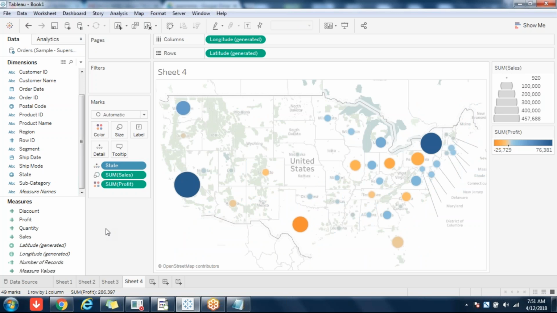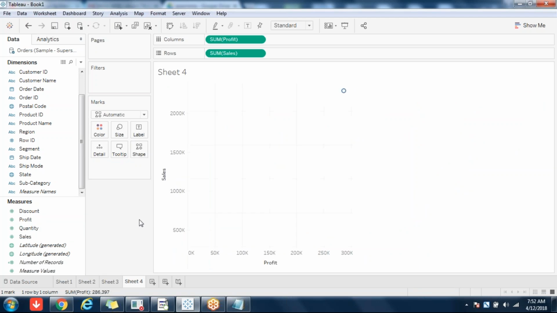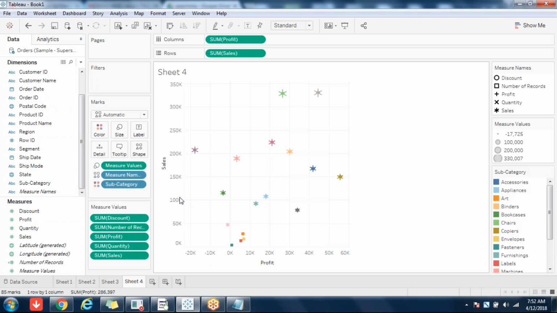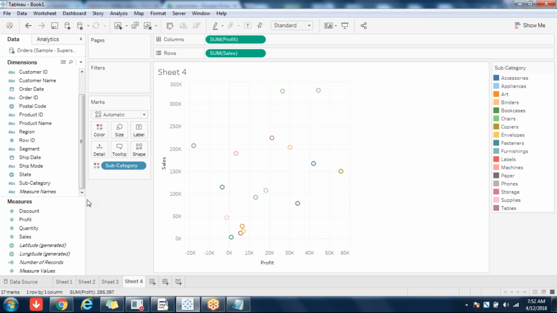But there is an exception to it. What is that exception? That is with respect to the scatter plot. Sorry, by mistake I clicked on the wrong field. Okay, so with respect to reference line, here in the scatter plot, you will get a